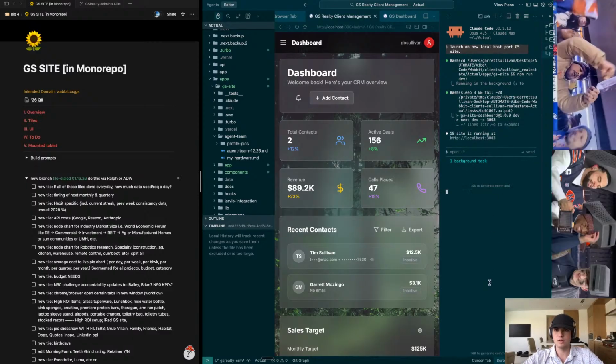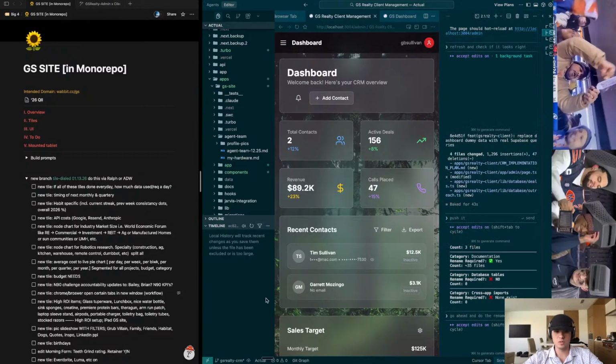But we're also going to start in GS site. So I should get to another branch for that, so it's not all going to GS Realty CRM, but we'll fire off,